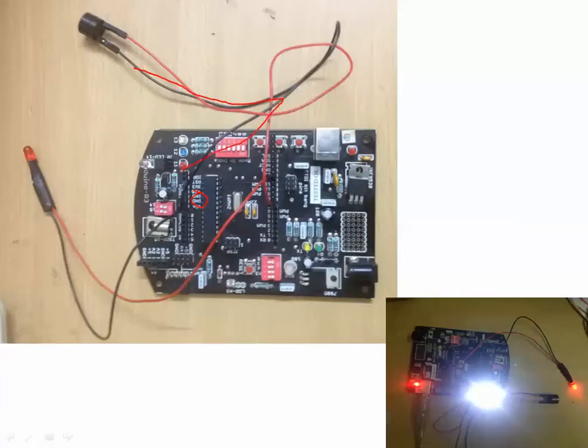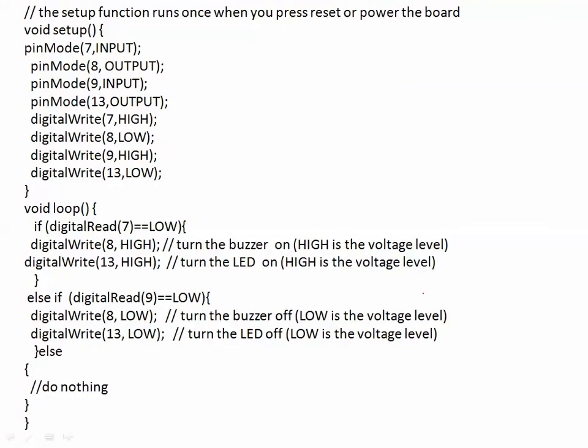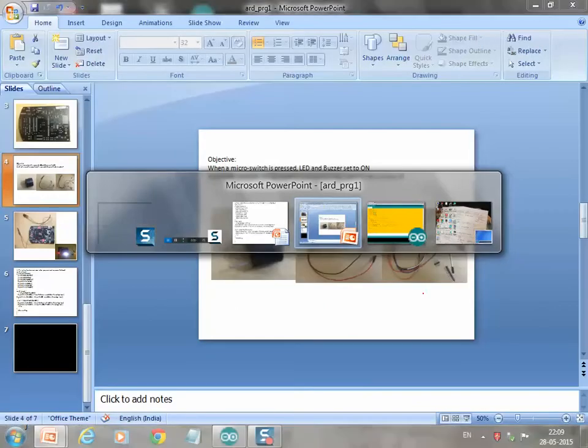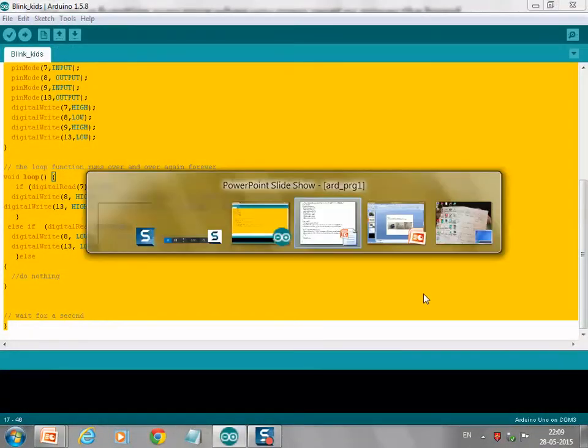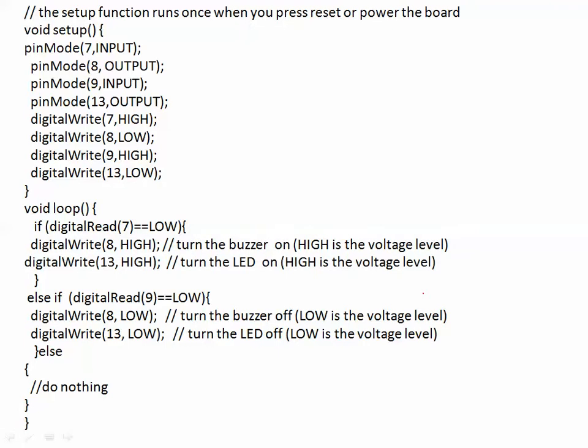This wire also goes and connects here. So you can see both the wires are connected to ground. And when button number 7 is pressed, you can see the action here. In the picture below, you can see the action when button number 7 is pressed. Okay, now let me go to the program. This is how the program looks. In the actual Arduino IDE, this is how it looks. For presentation purposes, I will use only PowerPoint here.